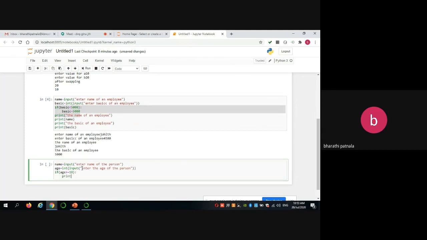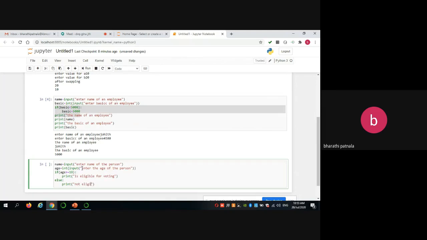Automatically indentation will come. Print is eligible for voting. Else, give a colon, print not eligible for voting. Here, print the name of the person also.